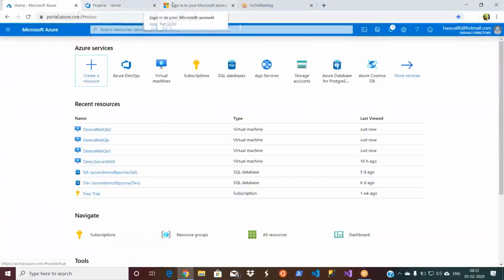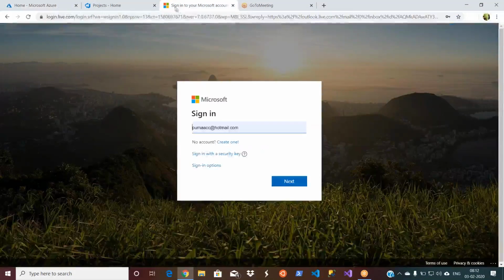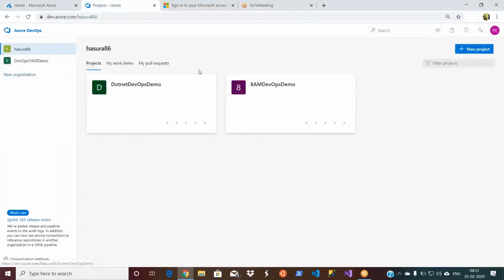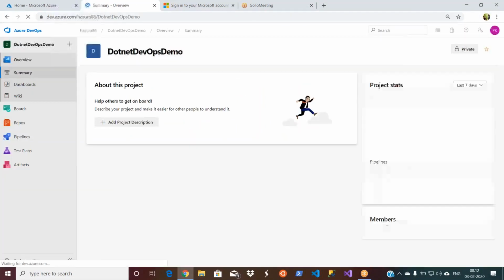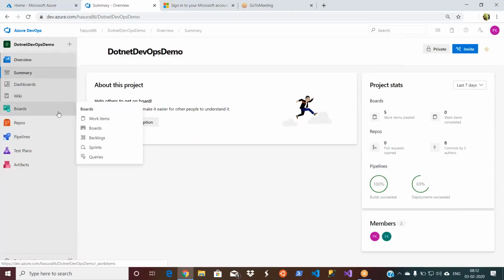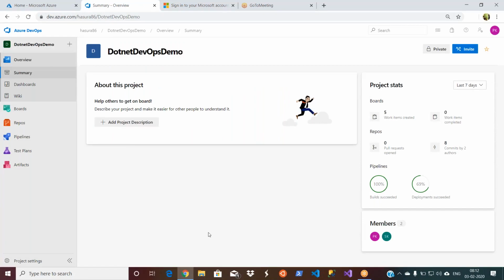Now let me close this. So we are using .NET DevOps demo, right? Let's go here. Now we've been seeing deploying the complete solution to the server and deploying different projects to different places.